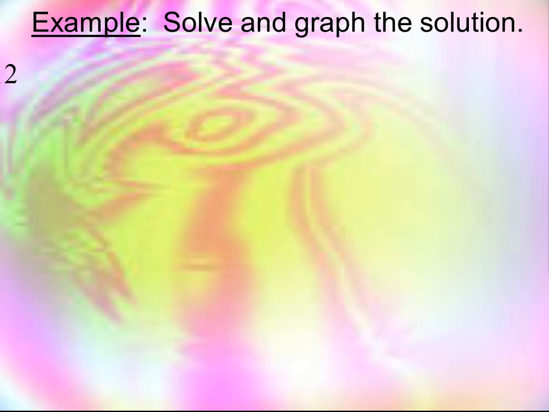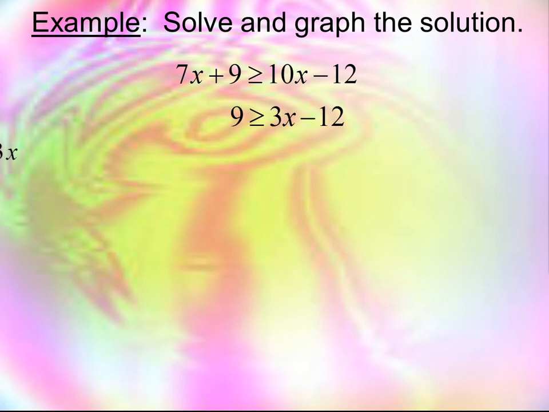And especially with inequalities, because dividing by a negative forces us to flip the sign, and that's just one more possible mistake we could make. So let's subtract 7x from both sides. Now what? Add 12. Add 12. Okay, and divide by 3. 7. Okay, and we get x is less, or now this says 7 is greater than or equal to x,